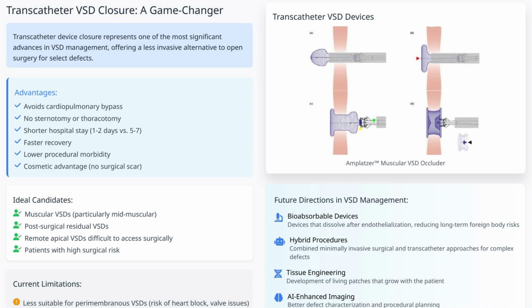While diuretics remain important in medical management, there haven't been revolutionary new diuretic medications specifically for VSD management. Gene therapy to promote spontaneous VSD closure remains theoretical, not a clinical reality. And while AI might enhance imaging or surgical planning, it hasn't yet revolutionized VSD management to the degree that transcatheter